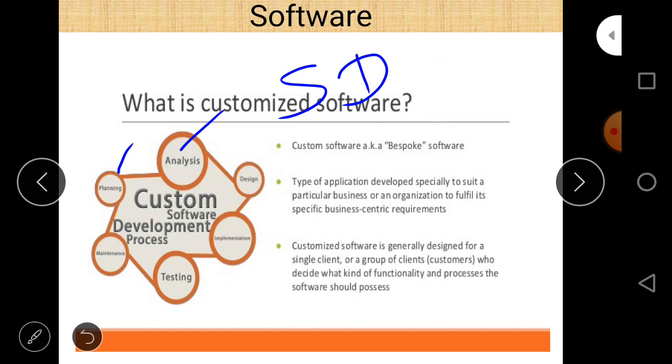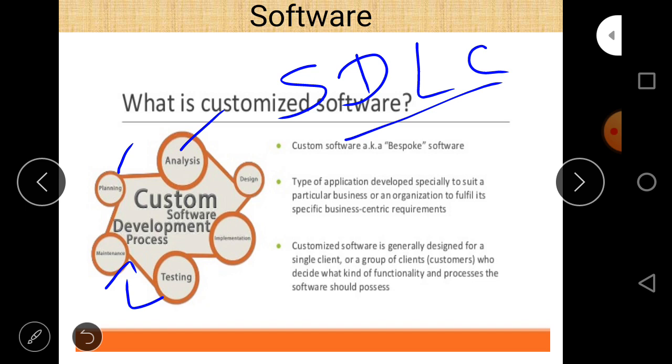You know SDLC, the system development life cycle. It is basically the life cycle of a software or system, showing how to develop it. It starts from the planning phase. After that we go to the analysis phase. After that we design the software, and then we write code for it, which is called the implementation phase. After that, there is the testing phase, in which our focus is to find errors in a software or program. And maintenance is the last phase of SDLC.